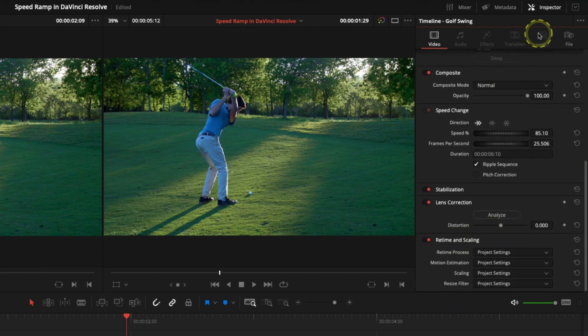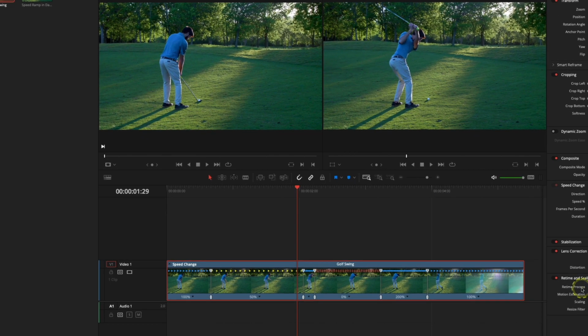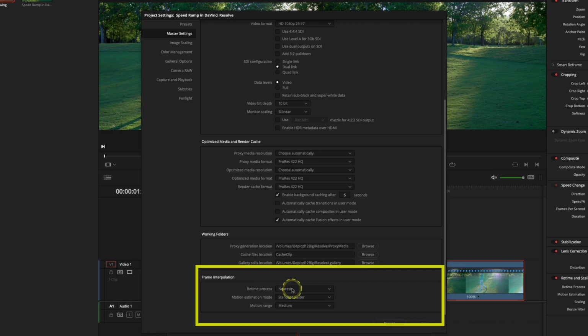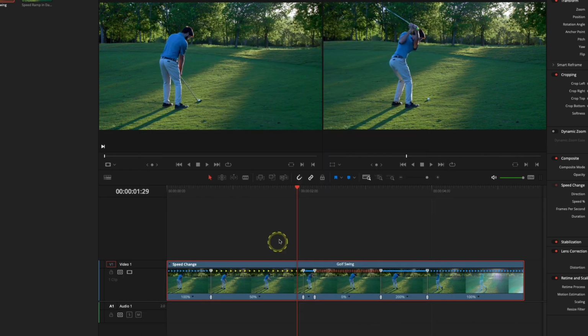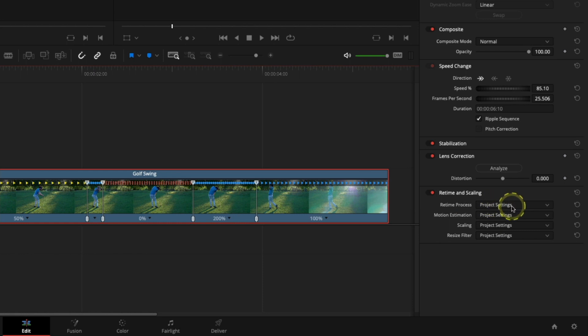If you didn't want to scroll down, you could just hit this little icon here, which simply pops the box out and shortens the timeline. So from here, my retime and scaling is all set to project settings, and in this case my project settings are set to nearest with standard faster frame interpolation. So that's obviously why it's not doing its normal good work and getting it to a point where it's a little bit smoother. So what I want to just show you is if we change these retime processes from nearest,